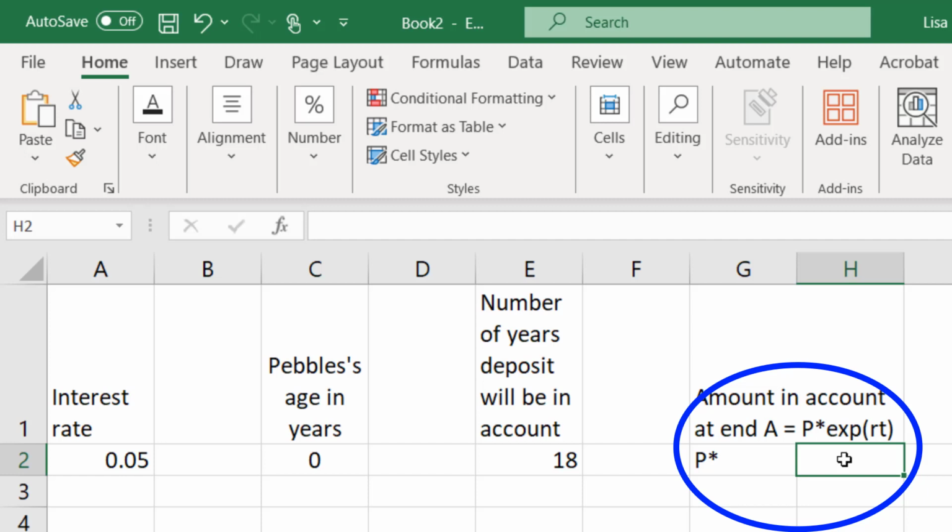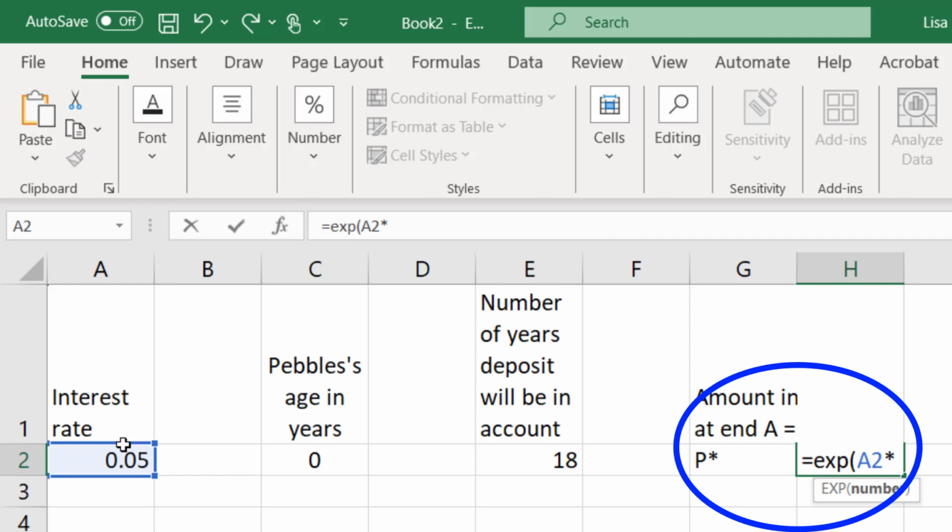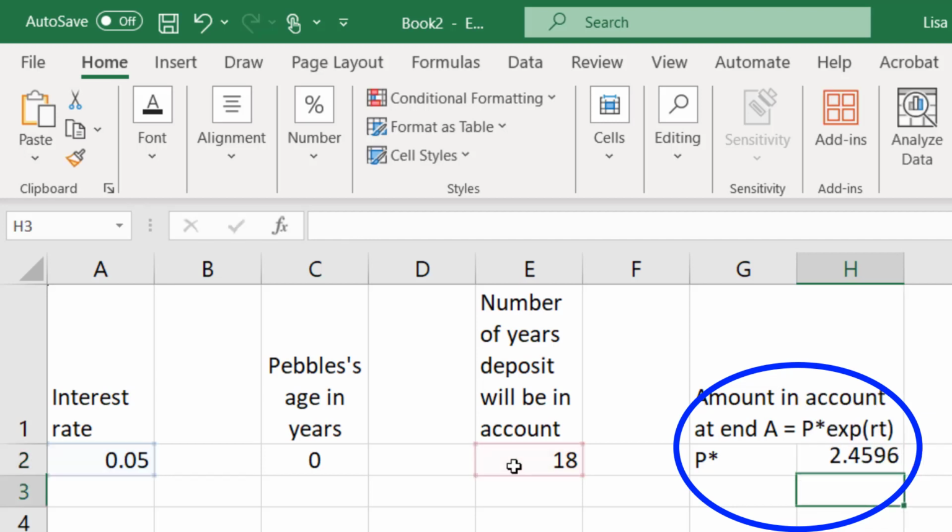This is a formula cell, so I start with an equals sign. Then I type exp and an open parenthesis. Next, I click on what I want to put in there. I want the interest rate, which is in cell A2. Then I type an asterisk for multiplication, and then the number of years, which is in cell E2. Close the parentheses and hit Enter. Now I can see the result. On Pebbles' 18th birthday, the deposit that was made the day she was born will be worth almost 2.5 times